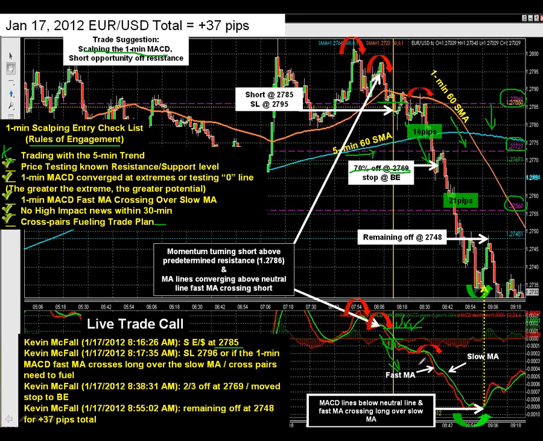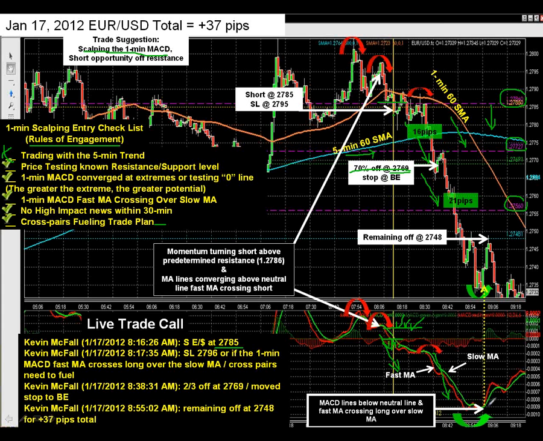And then the MACD lines here, you can see if we follow this down, the MACD line started to short again here. We started to get more divergence to the short side, and divergence is everything in Forex. So we get divergent short, that's going to take price back down again. So I have a small position remaining on this as we come down to the next level of support at 27.56. Let it break that support temporarily, because our MACD lines are still shorting, and our MACD lines are still